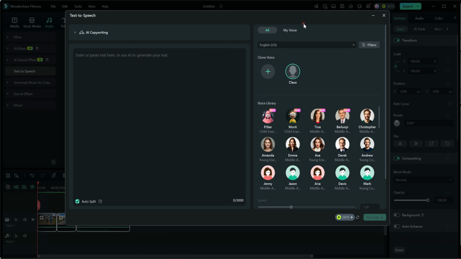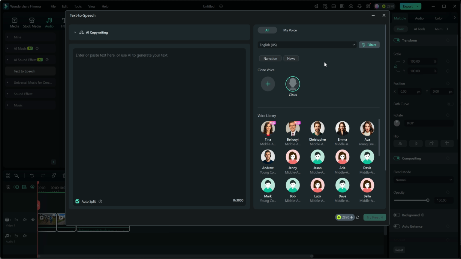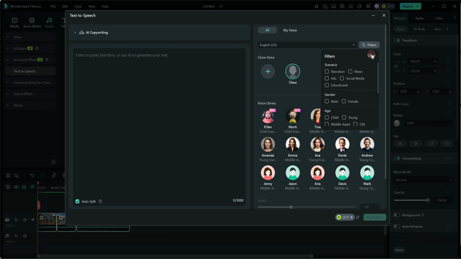So that's an option. Another option is to apply filters. So you don't know which one of these you want to use. You could, for example, filter it to voices that are suitable for narrative, and it could be a combination of things. You can apply as many filters as you want in order to narrow down the specific voice that you want to use. And if you don't want to use any of them, you can either clear them by Xing it out like that, or just hit the clear button. So those are options you can use for